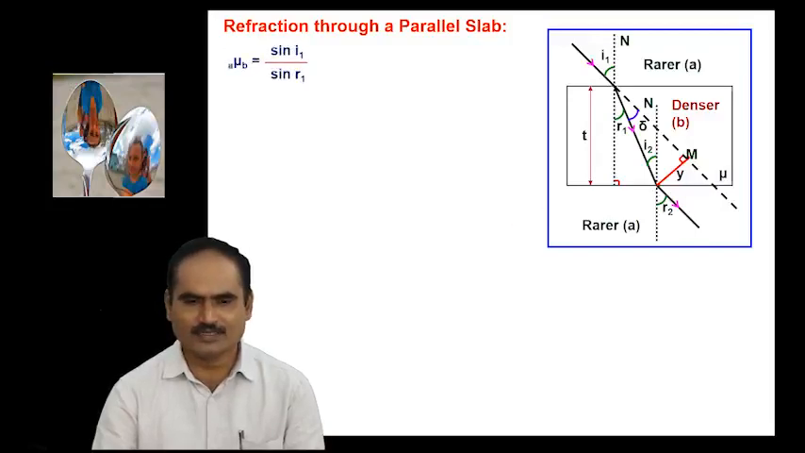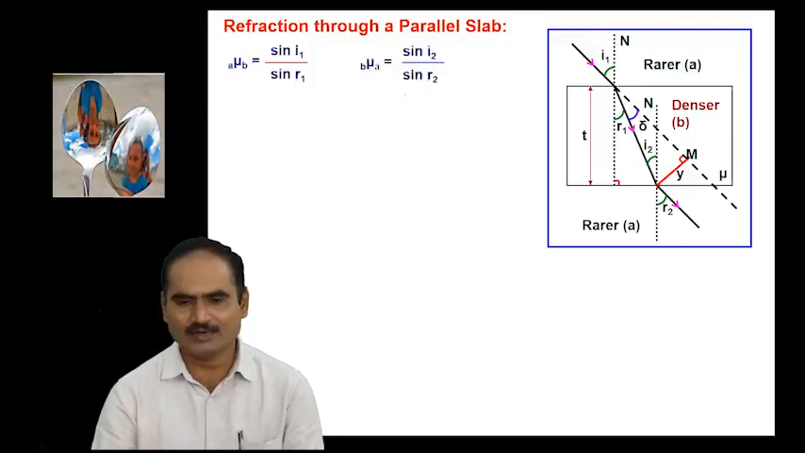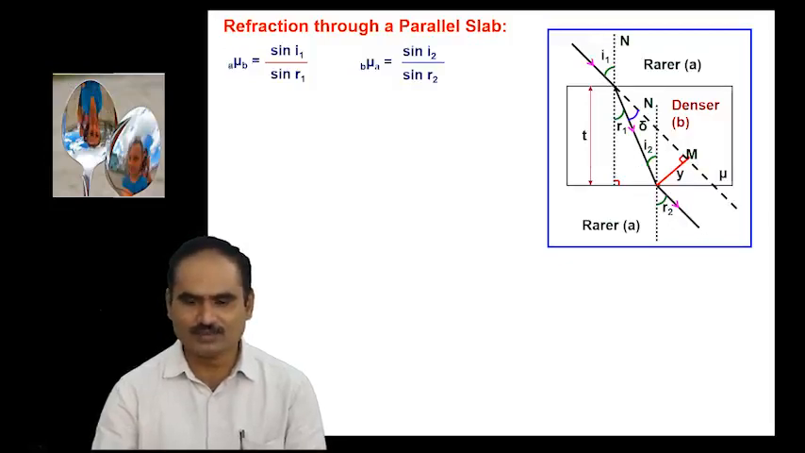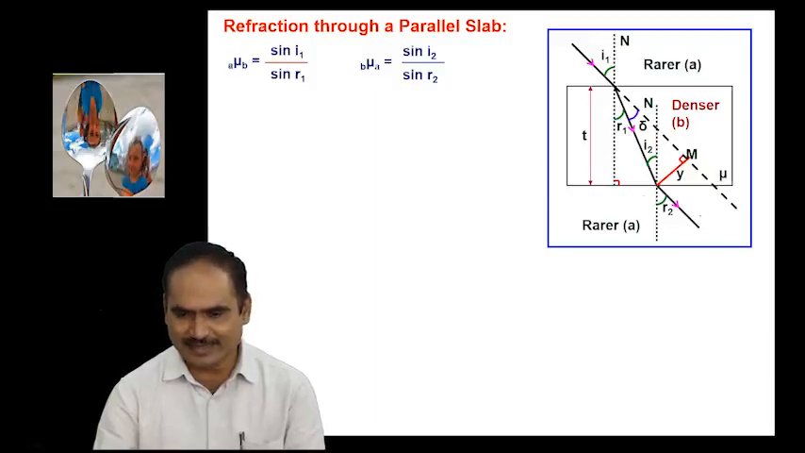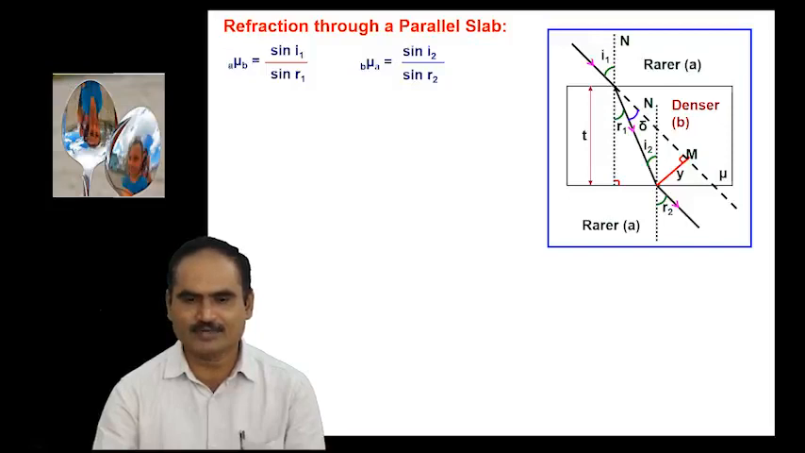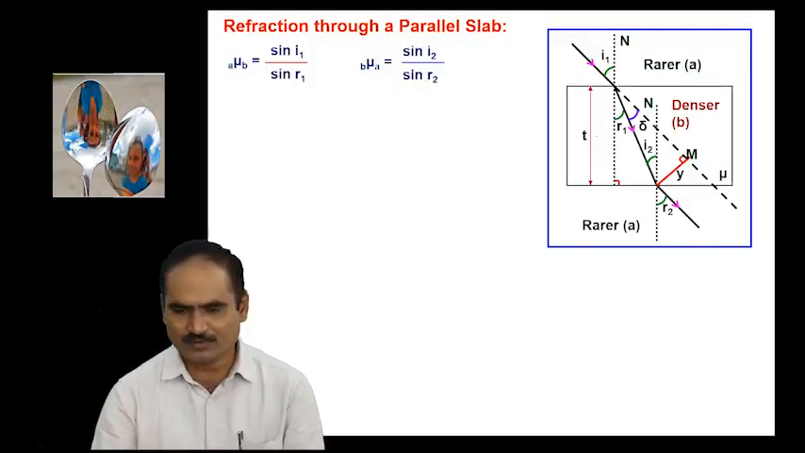Let us take now here the refractive index of B with respect to A. B means here it may be glass. B with respect to A can be written as sin I1 by sin R1, and we can write mu here. When light travels from denser to rarer, that is maybe glass to air, the refractive index of A, meaning air, with respect to this medium, that is B, can be written as sin I2 by sin R2. And one more thing you note here, this angle, angle R1